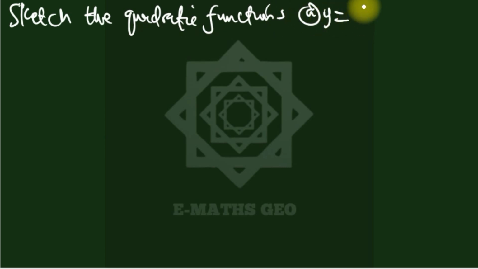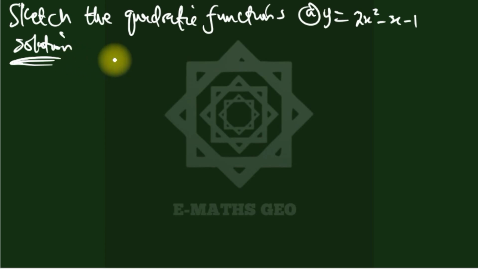Y equal to 2x squared minus x minus 1. So let's sketch this. So the first thing, let's get the y-intercept. So the y-intercept